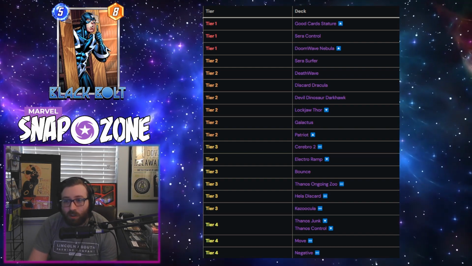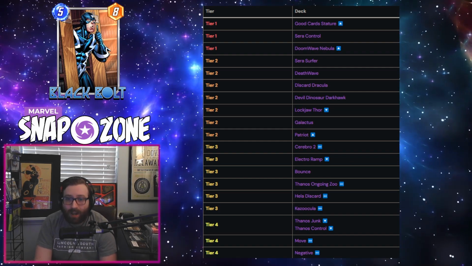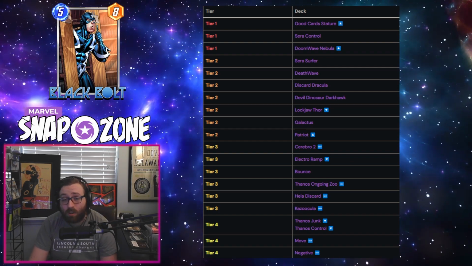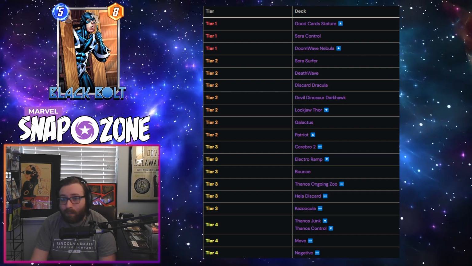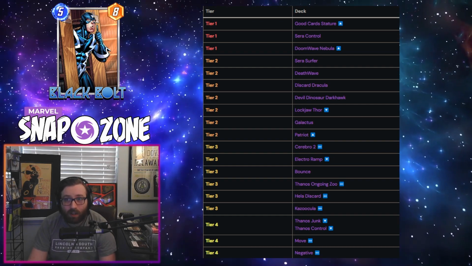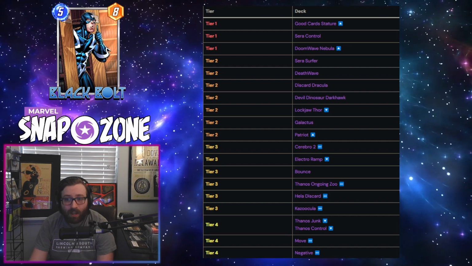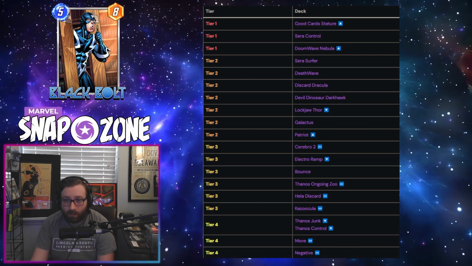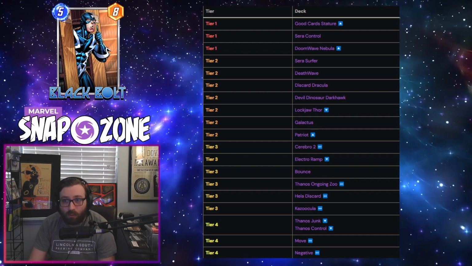Then we have some Zoo decks, both the Thanos Ongoing and the Kazoo Dracula variety. Zoo has always been held down a bit by the presence of Killmonger in the meta, and when Sera is a very popular deck, you're definitely going to see Zoo hurting a bit. I do think Zoo is generally an underrated archetype, but for the time being, due to its weakness to Killmonger,